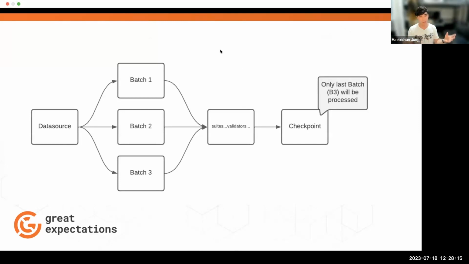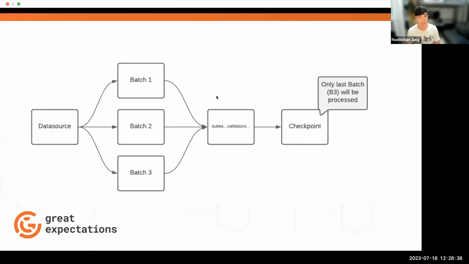Again, this is more for advanced users. So Suzanne, you might not have encountered this yet, but you will, where you have multiple batches of data. We have a lot of documentation on this. The issue again is that you try to ram it all into that one checkpoint, and it's only going to process that one batch of data. Our advanced users have recognized this issue, and they're like, what the heck do we do? And they've been building their own solutions.